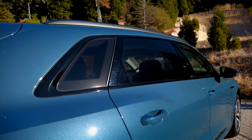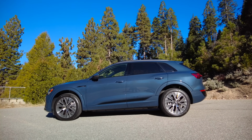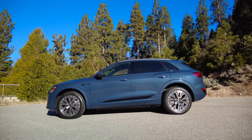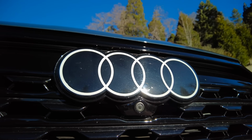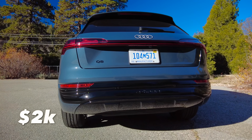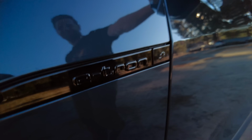I like how crisp the lines are along the side, especially above the rear tire. It gives it kind of a brawny feel. Oh, and that logo on the front. I haven't seen that 2D effect on a vehicle before, and I really like it. By the way, the one we're driving has the $2,000 black optics package, which adds 21-inch wheels and black exterior